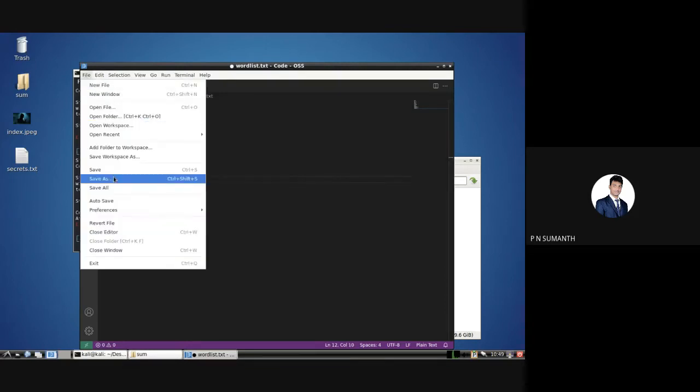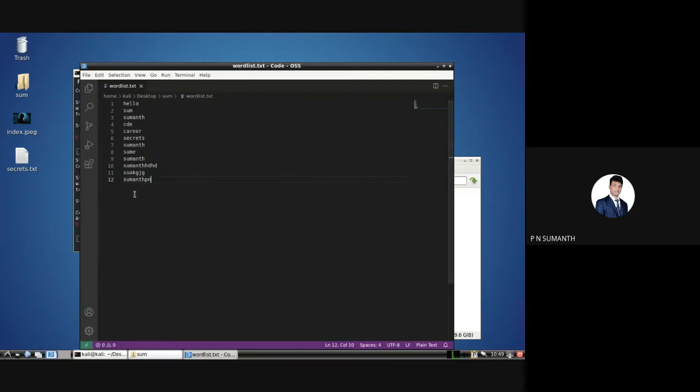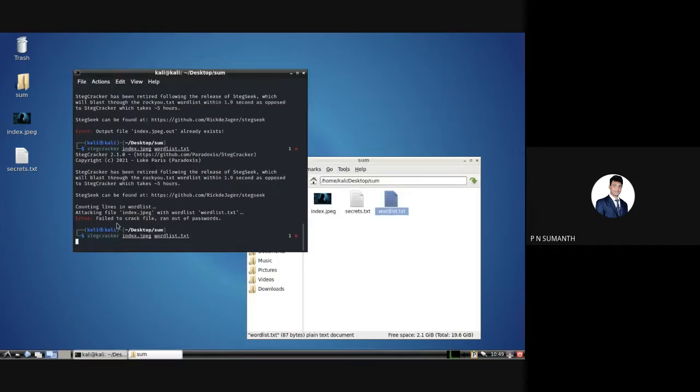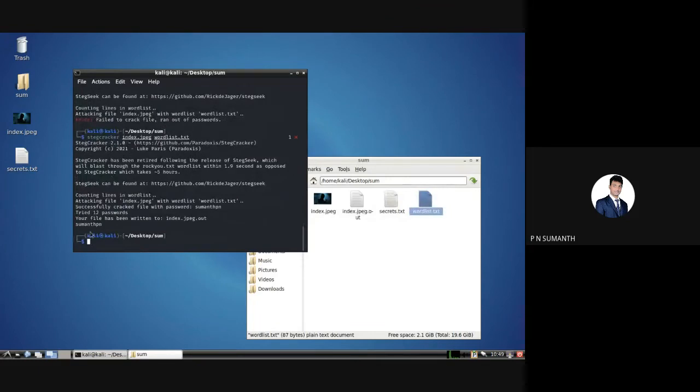So again, we'll try this. If you have the password in your dictionary and it cracks, only then will the file be extracted, or else the file will not be extracted. It will try all the 12 entries, and it will say your file has been written into index.jpg.out with the password Suman PN.